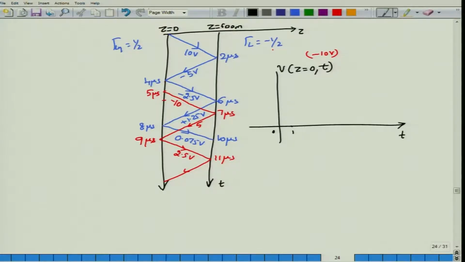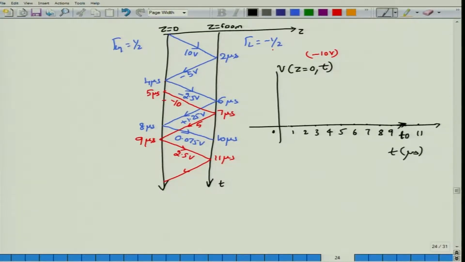So let us mark it as 1, 2, 3, 4, 5, 6, 7, 8, 9. Okay, maybe we can also mark this last point as 10. Okay, so we have 11. So this is my time axis. This all time axis is in microseconds. Okay,